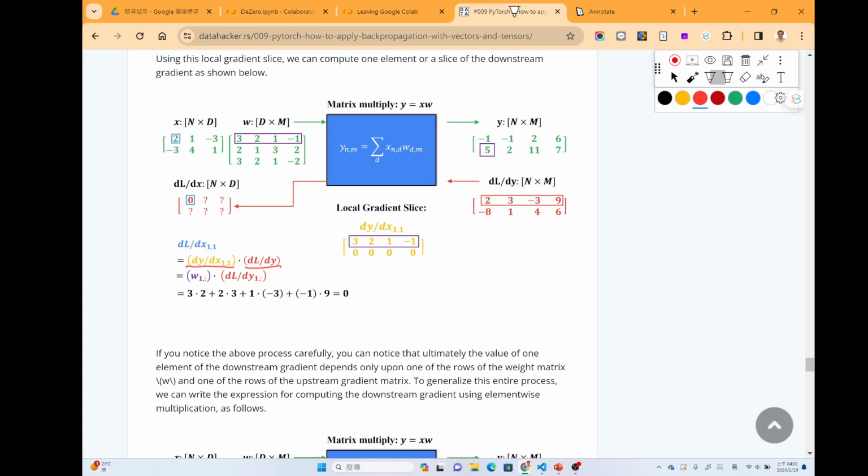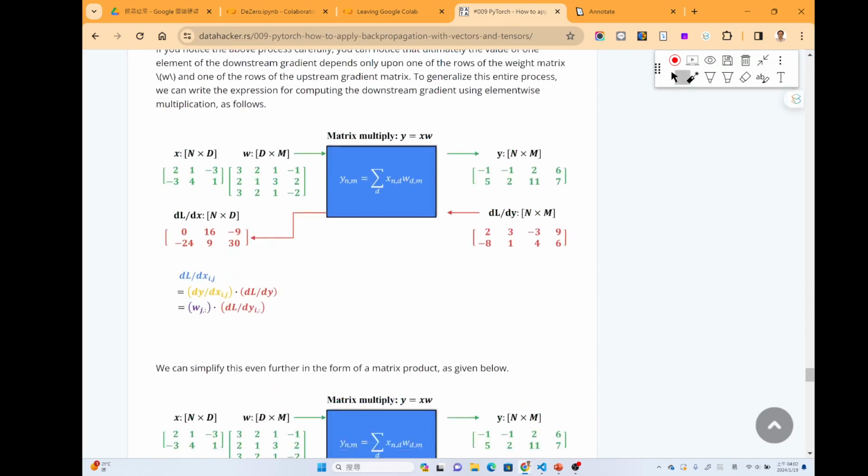You need to notice that even though we write it as a matrix, in the derivative it's actually a vector. So we just flatten the matrix into a one-dimensional vector, so that the dot here becomes an inner product. So we just do the inner product between these two matrices, and we can get the first entry of dL over dx, which is actually 0.